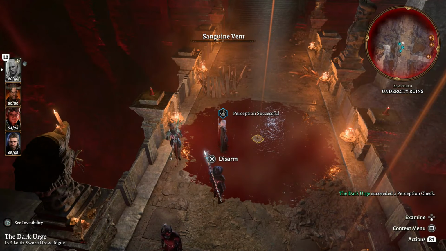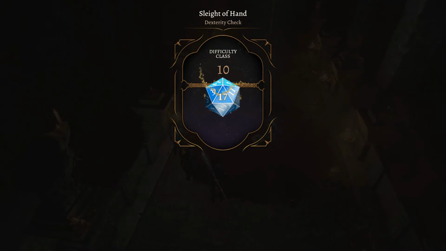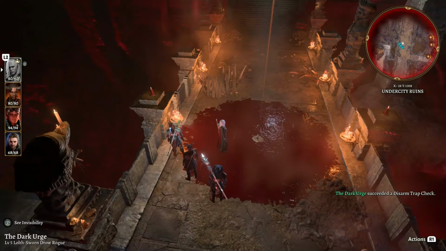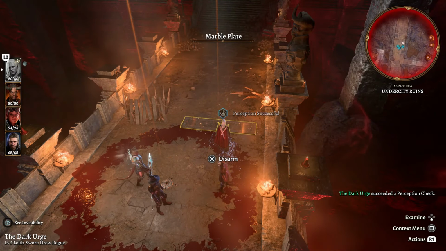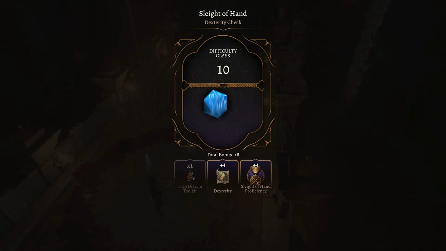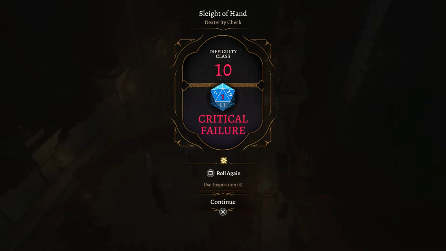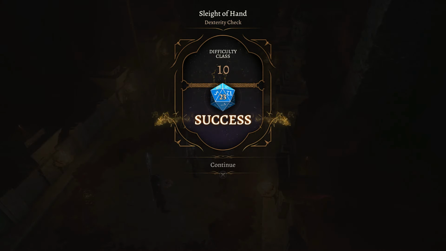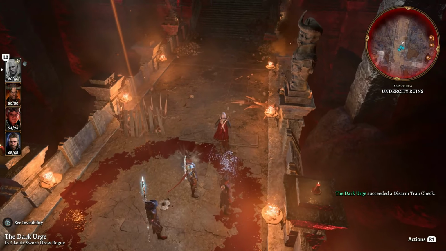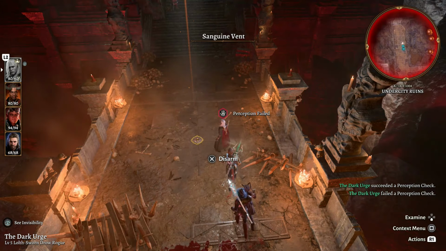We don't have to worry too much about setting off traps if we can disarm them all. So let's go ahead and just turn them all off. They do have a skill check of 10. Each one of them has a skill check of 10, so we can do those pretty easily thanks to our sleight of hand and our dexterity. Unfortunately, I got a critical failure on that one. Nothing I can really do about that except to just roll it again, and then I can easily pass it the next time around. Let's continue along the path, sticking over toward the right hand side, just disarming everything as we go,